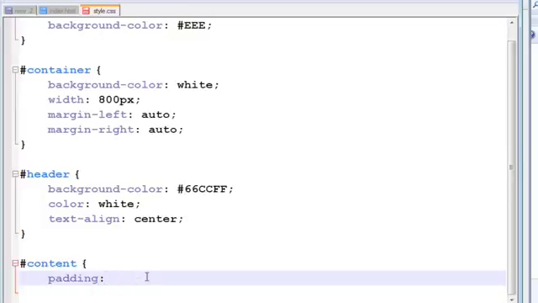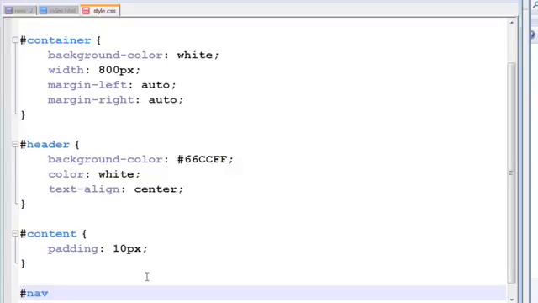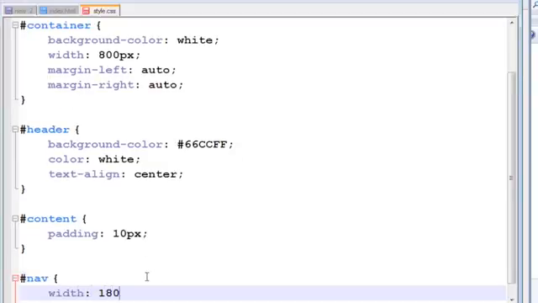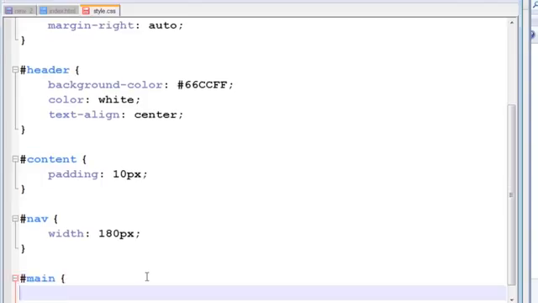property padding, and then the first number is the top, the second number is the right, the third number is the bottom, and the fourth number is the left hand side padding. Now since these are all the same, we can shorten this even more and simply just type 10 pixels, and that applies it to all sides. We then wanted our nav div to have a width of 180 pixels and our main div to have a